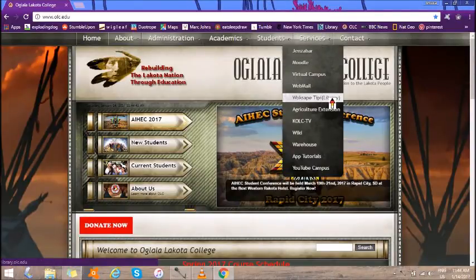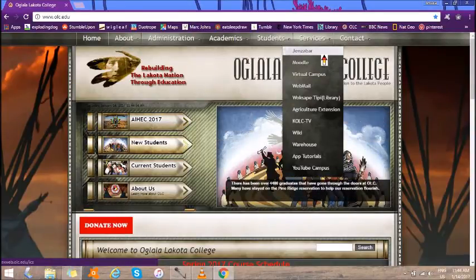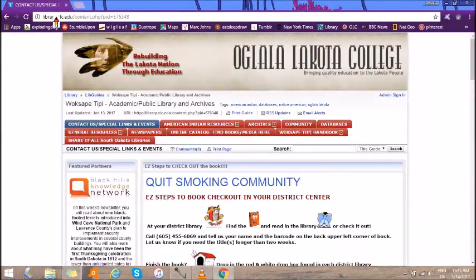Wokusape TP, House of Wisdom. This is also where you'll find your email, if you use Virtual Campus or Moodle for your classes, and then Gensbar is where you check your grades, find out financial aid information, all that good stuff. So if you click here, it's just going to take you to that